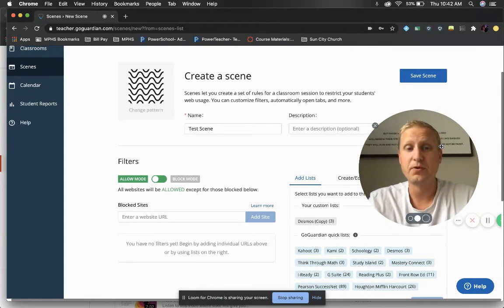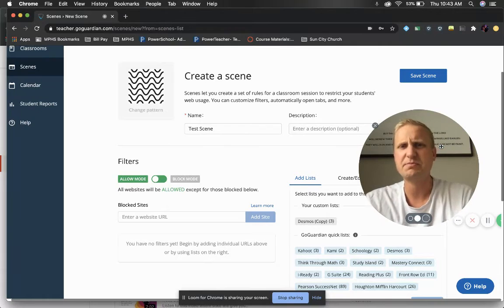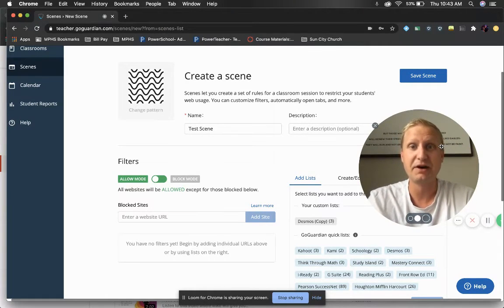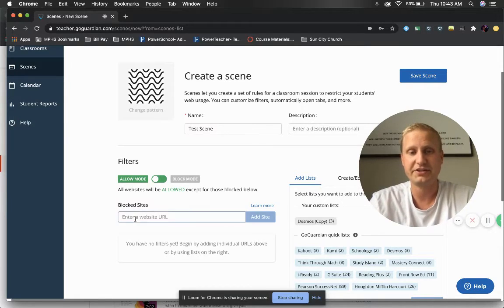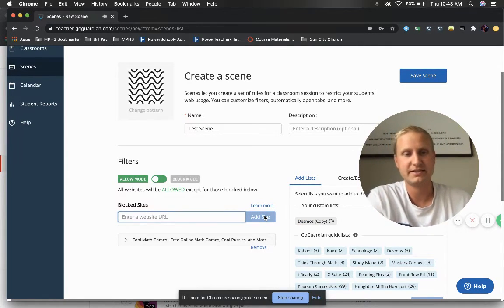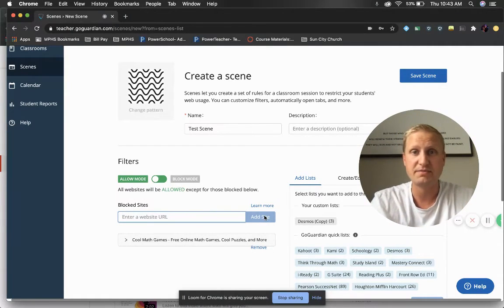So, for example, if my students were working on a project and I wanted them to be able to access different websites, but I didn't want them to go to coolmathgames.com, then what I could do is come down here to blocked sites and just type in coolmathgames.com and add the site to the blocked list. Then my students can access all of the different websites that they may need to go to, except they can't